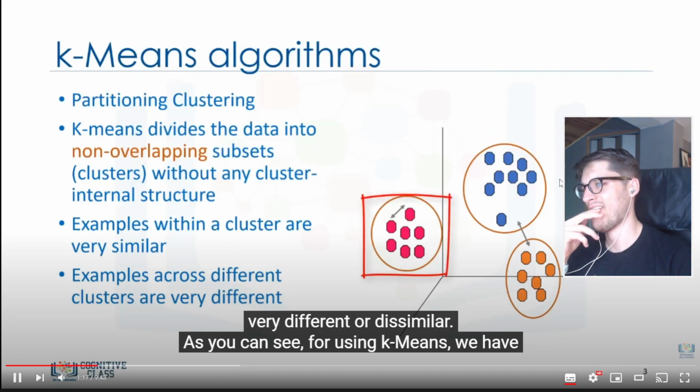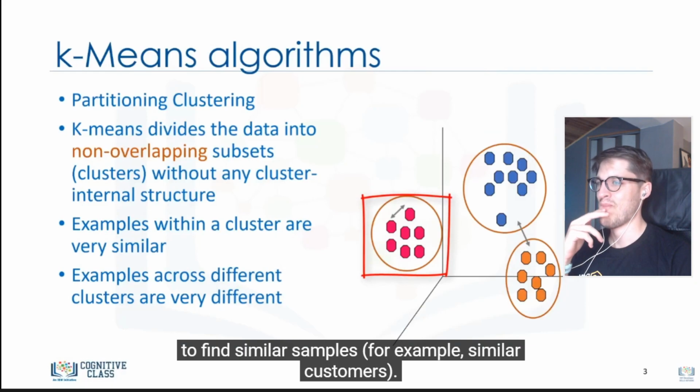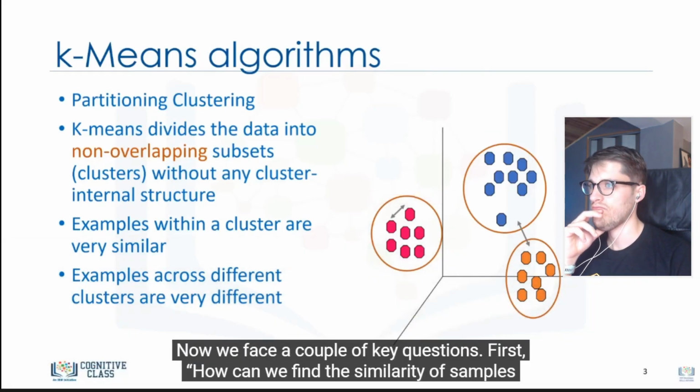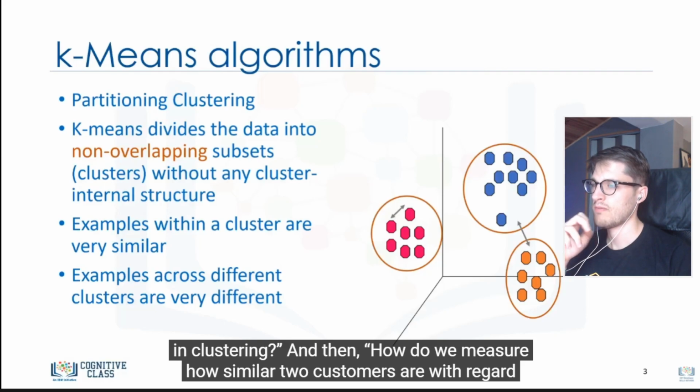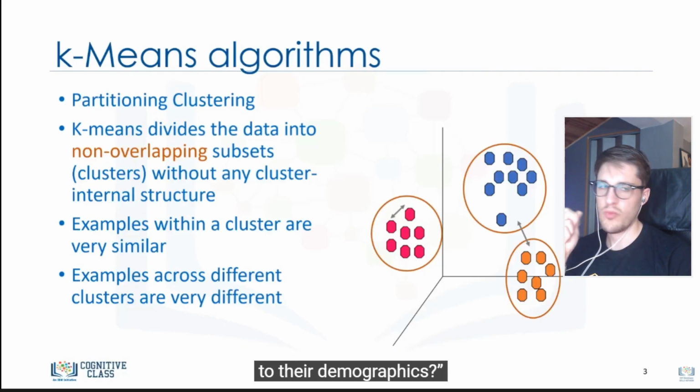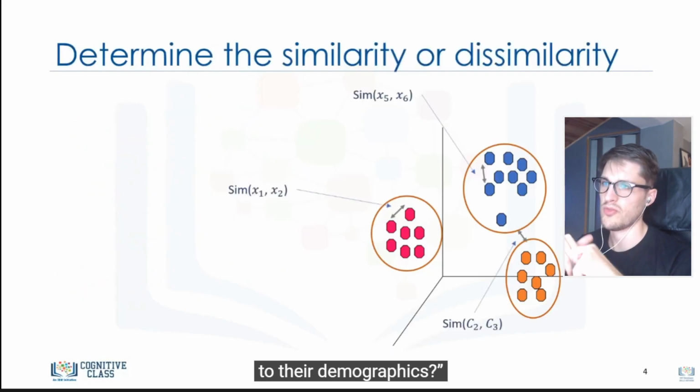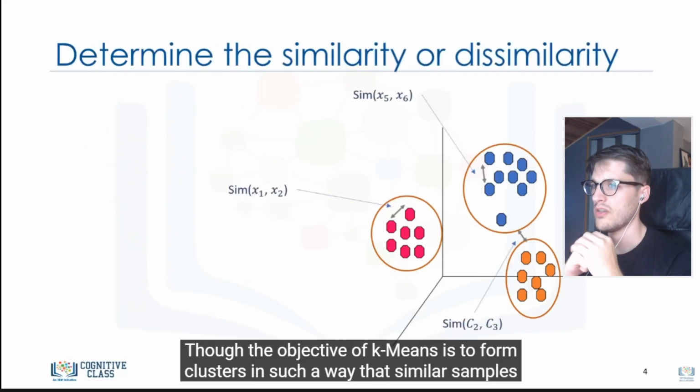For using K-means, we have to find similar samples, for example, similar customers. Now we face a couple of key questions. First, how can we find the similarity of samples in clustering? And then, how do we measure how similar two customers are with regard to their demographics? ¿Cómo sabemos cómo son de iguales? The objective of K-means is to form clusters in